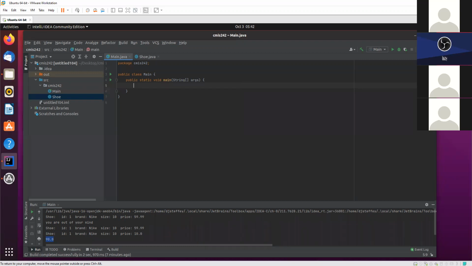So one way to maintain a list of shoes is with just a normal standard Java array, right? So in main here, we will have an array of shoes. Shoe, we'll call it shoes, equals a new shoe array. And let's say we want to keep 10 shoes in there. So we have a shoe array that can have 10 shoes in it, right? And let's make some of the shoes. And we'll make some shoes, but we'll also keep track of